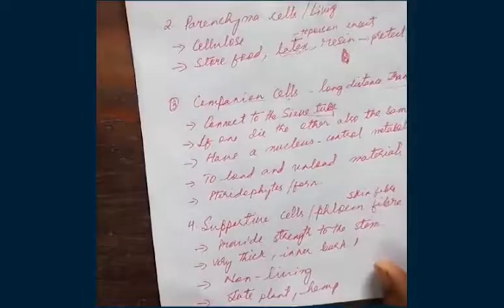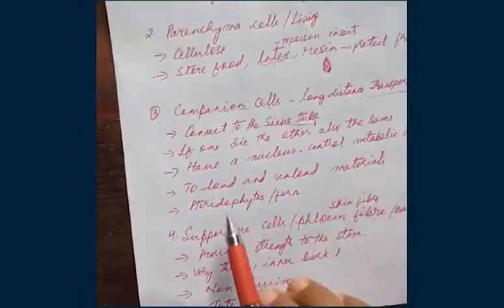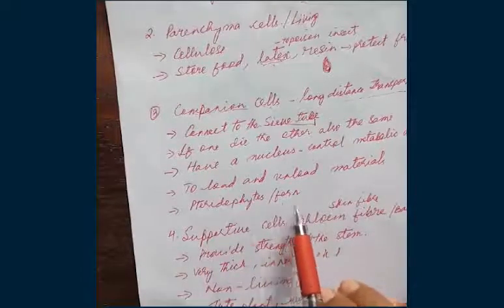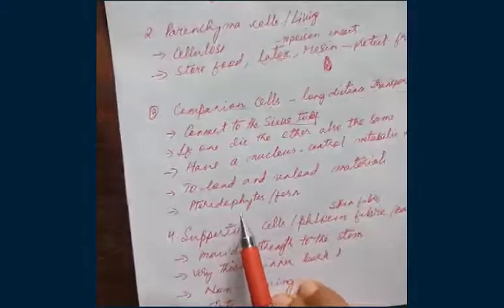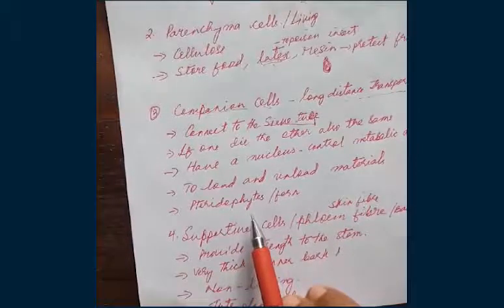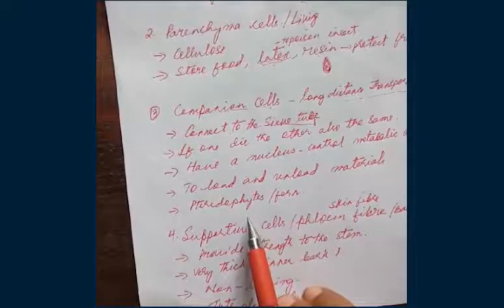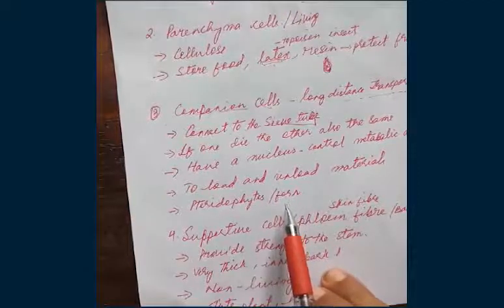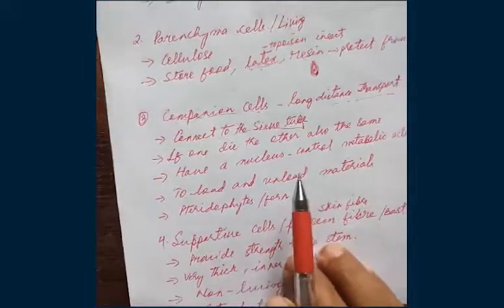And where will you find these types of cells? You will find this type of cells in pteridophytes. That is fern. The term pteridophytes means feather-like structure. If you observe a fern, or in Khasi we call it